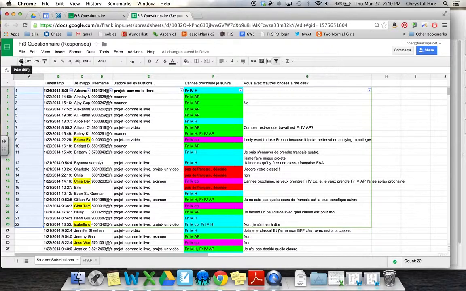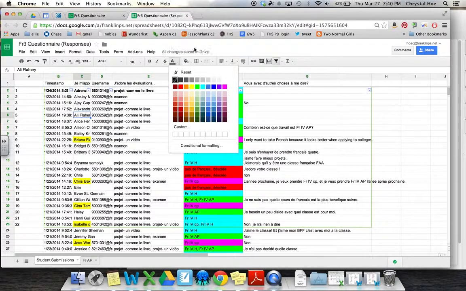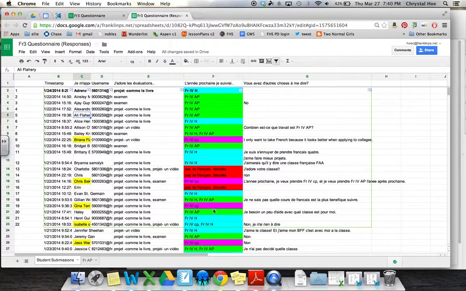It also has main functions. You can hit undo, like if I didn't want that to happen, or maybe I did, I can redo it. And you can change what it looks like from bold to italics. You can make it strike through, so maybe this person dropped my class, I can strike through that person's name if I wanted to. I can change the color. As you can see on this column, the colors changed. That's because I created a filter, which you can learn later. And then there's also other functions if I want to add and do different